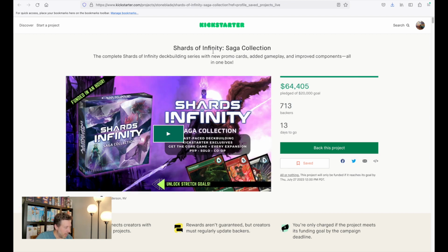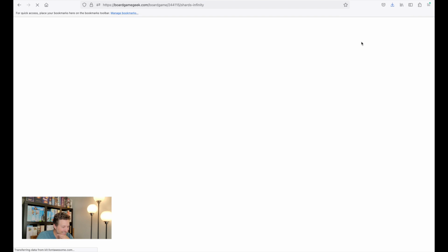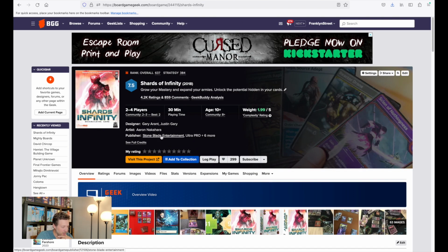All right, moving forward, Shards of Infinity Saga Collection. Now, this is another game that's been out for a while. Shards of Infinity was originally published back in 2018, and it was published by Stoneblade Entertainment. Now, these names here, the designers Gary Arant and Justin Gary, most importantly Justin Gary, and the artist Aaron Nakahara, and the publisher Stoneblade Entertainment, are probably best known for